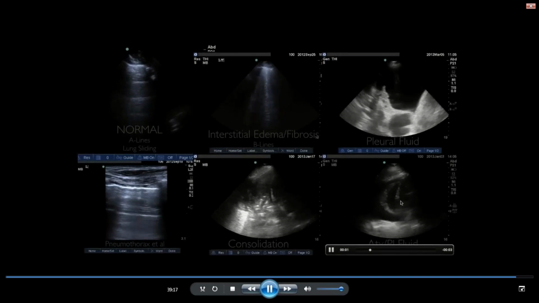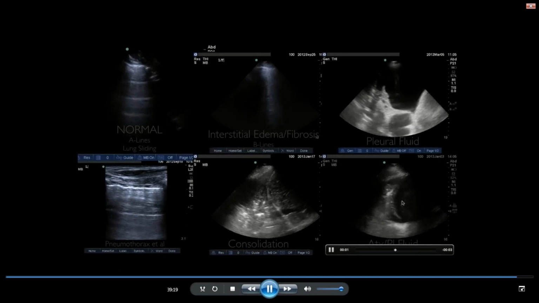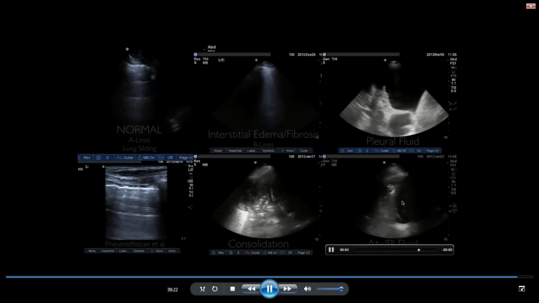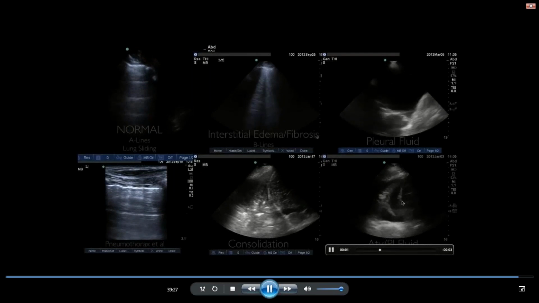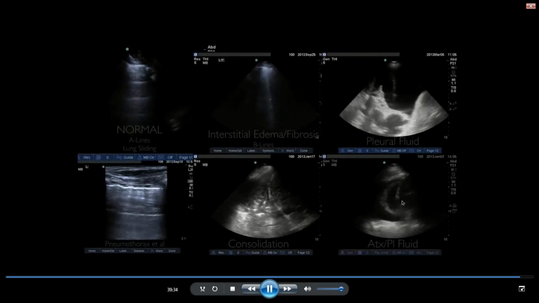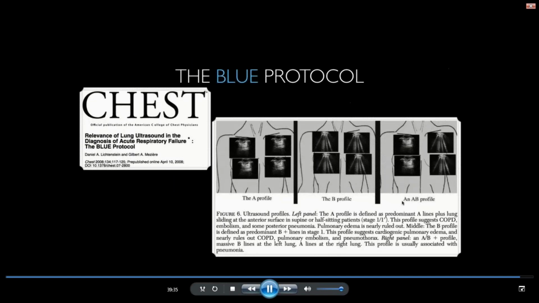Remember that ultrasound is not only used to augment your physical exam at the bedside, to give you the most tentative diagnosis and to pursue the most suitable treatment, but you also have to trust your findings because it helps in monitoring treatment. I would like to quickly put in a plug for the BLUE protocol that has been discussed by Dr. Blaivas. You can use the A profile, the B profile, or the AB profile and help guide your management at